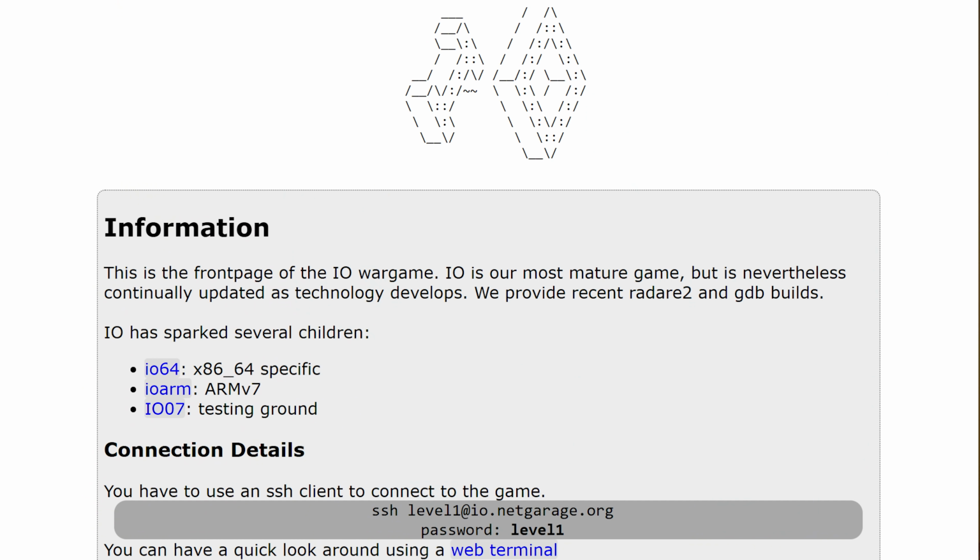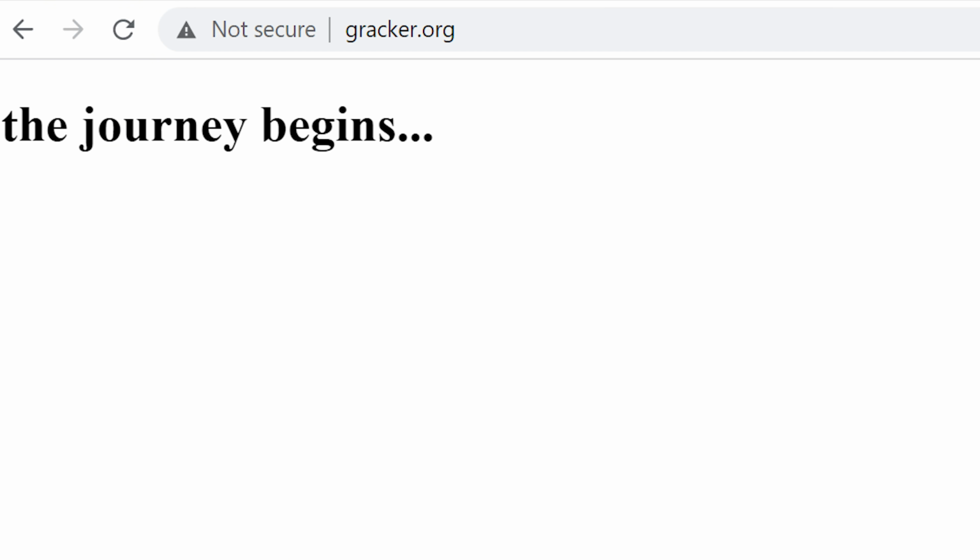At some point, when I got into CTFs and I was really inspired by war games like IO Smash the Stack or IO Netgarage, I wanted to create my own that is a bit more educational. And eventually I created the Grecker war game. And because I had this domain, since we had also bought the domain for our web engineering university project, I still think it's a cool name that fits with cracking and hacking and so forth. So I thought it's a cool name for a war game as well. And nowadays on this domain, you can find a war game.